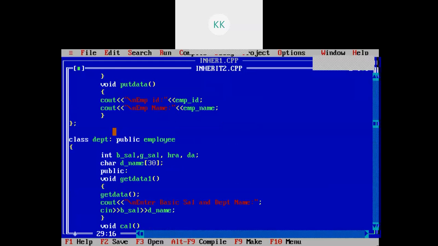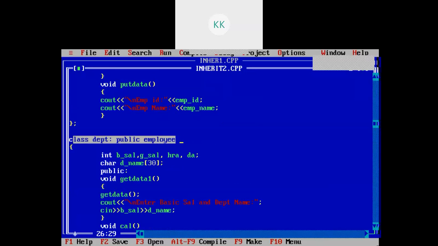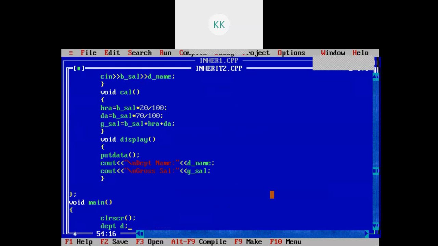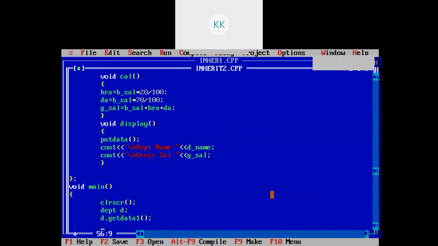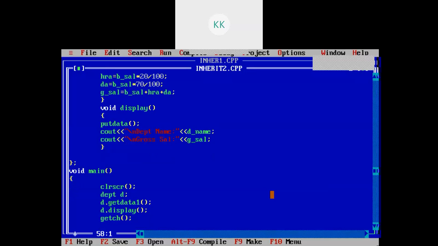We are creating the object for only this class department. Department D, then D dot get data 1 and D dot display, then get ch, and this main ends here.